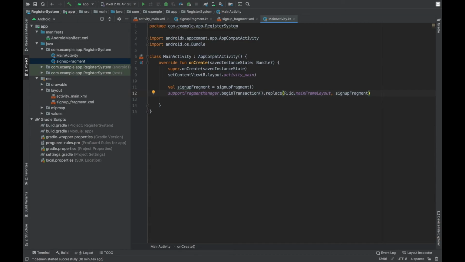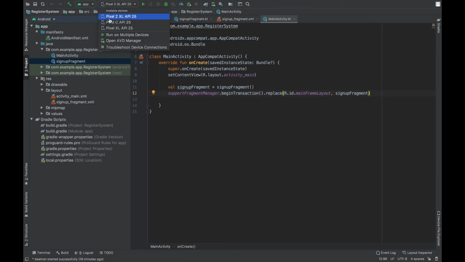Now we are going to run our application. Before running our application we need an emulator to run it. Alternatively you can connect your phone or any Android device and run this. I have made an emulator by default. I have downloaded it and set it up.